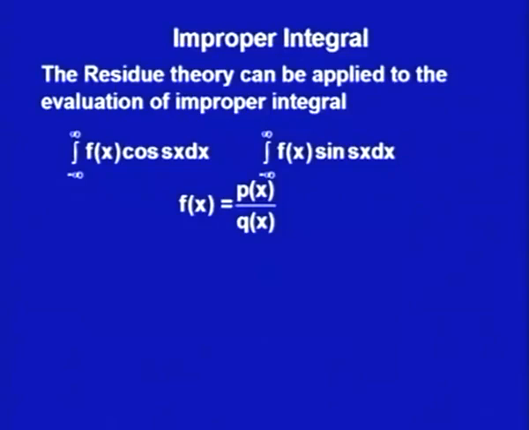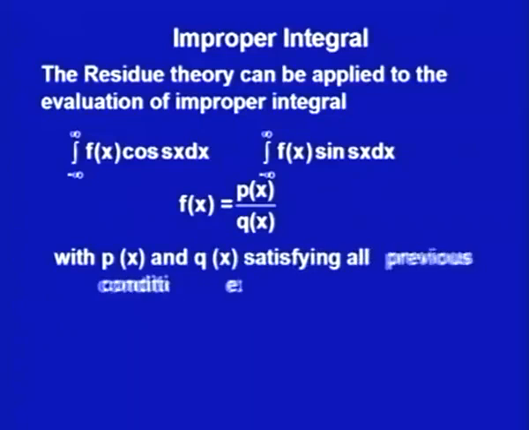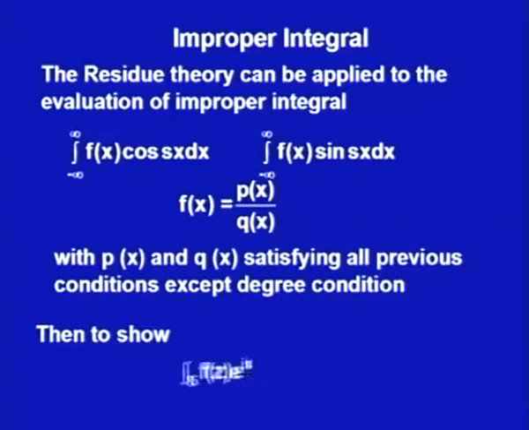We were requiring that degree condition to show that the integral of f(z) e to the power iz, dz, goes to 0 on a semicircle S as r approaches infinity. Now, assume that this f(x) has all the conditions as such, that is, my denominator does not have a real 0, and moreover p(x) and q(x) are polynomials, it is a rational function, and none of them have a common factor,